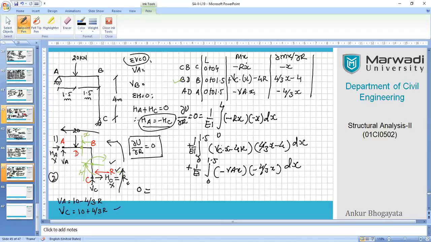Now here you just need to replace VC and VA. Do not forget to replace them with your original values, in the form of 10 minus 4 by 3r, that is VA. Here you can see, let me change the color to highlight it so that you can get the right message here. Here you have to write the VA value, which is worked out here itself. And similarly, the VC value, which you have written over here, you have to take from this source. And then simplify everything and bring it back to the simplest form possible.